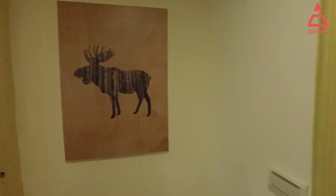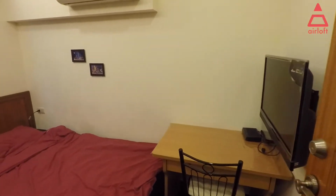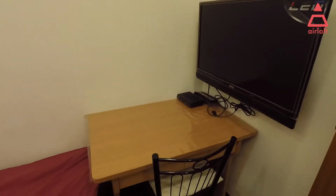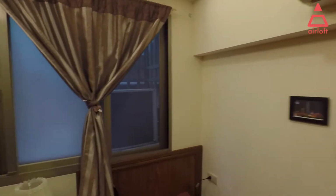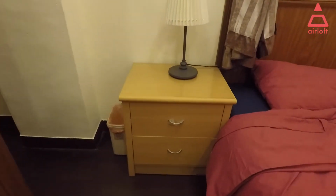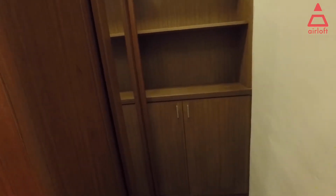Right here is, and the third room is on our right hand side. It's a single bedroom. There's a single bed, a TV, a bigger desk and chair, and an AC, and also a window. And a curtain, a lamp, some drawers right here, and right here is a little